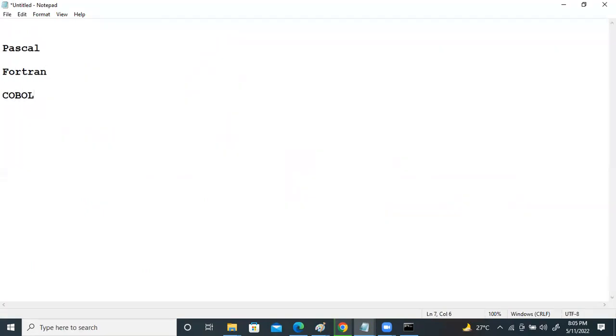These languages are purpose-based languages. They are used for specific purposes. Pascal and Fortran are for complicated mathematical applications and scientific applications. COBOL is for business applications. They are not for all. They are not used for all purposes. They are used for a specific purpose, so we say these are purpose-based languages.